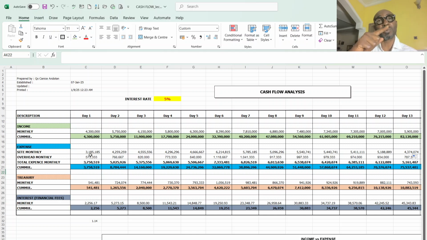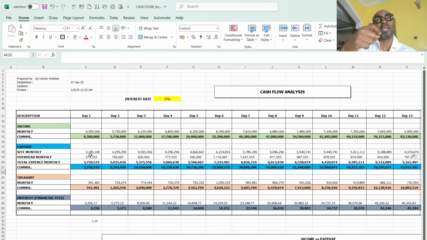It is not profit, because the things that constitute the expense are your head office charges, the staff in your head office, the vehicles at the head office, the consumables they use to run the affairs of the head office,